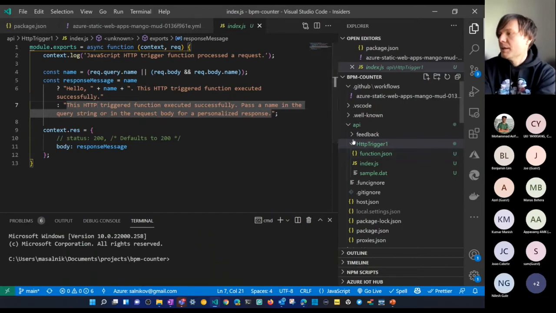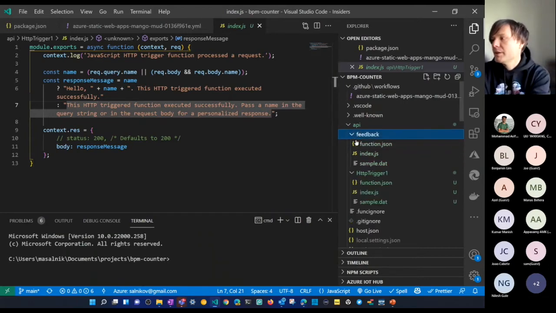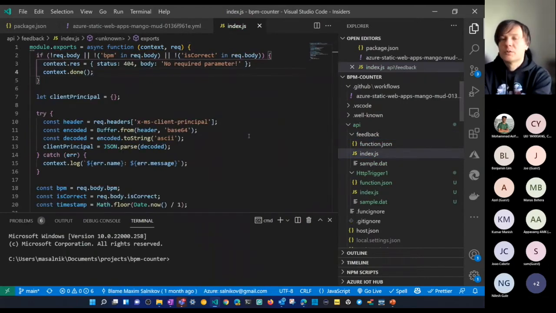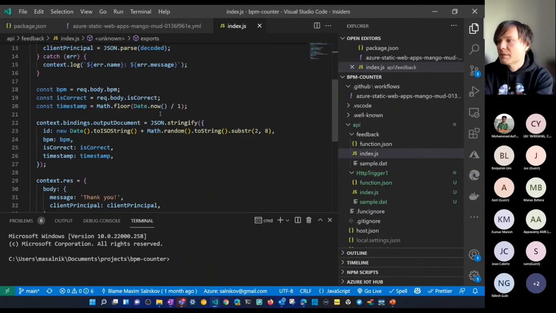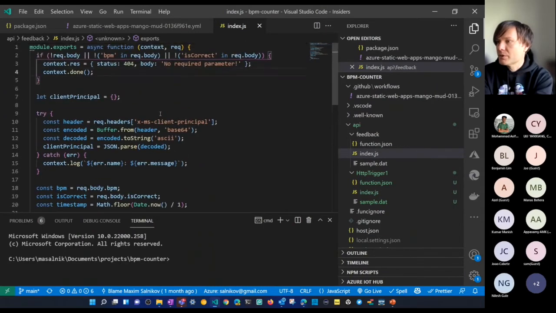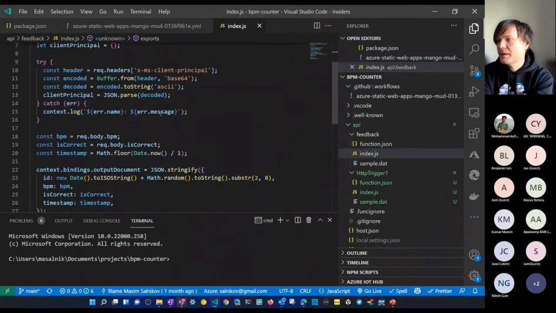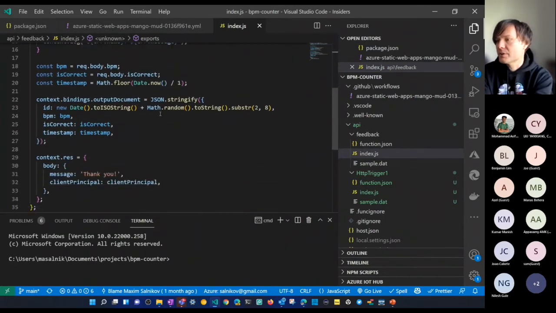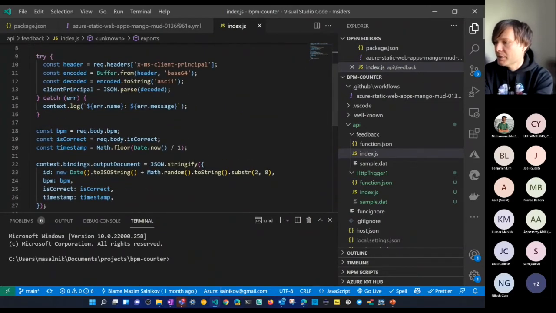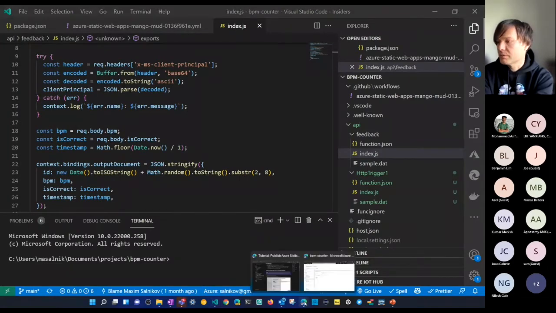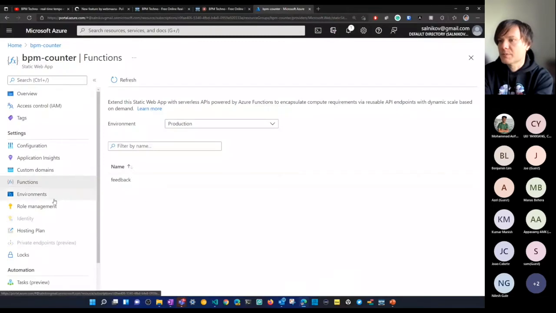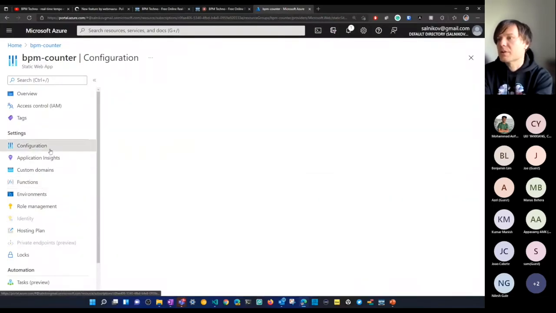And of course, you definitely don't want to keep your secrets and passwords in GitHub. This is why, for example, when it comes to the connection with database, here I just use another feature of Azure called configuration.